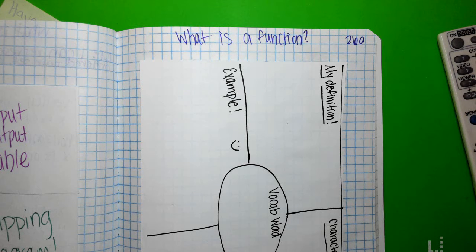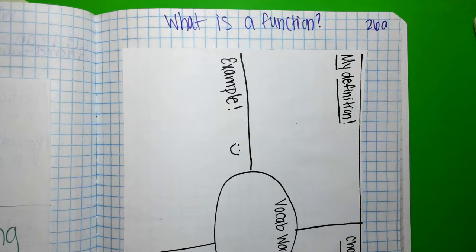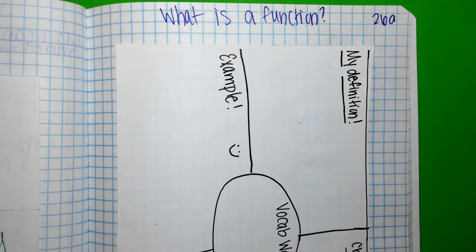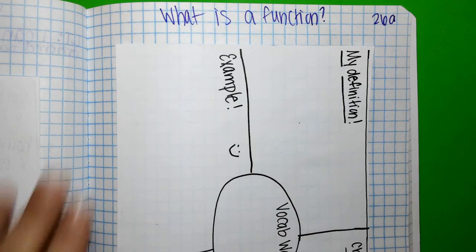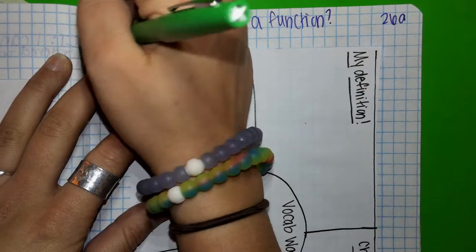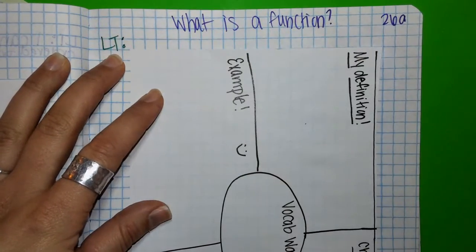They go together. Functions are a special type of relation. And we are going to determine today what makes them special and what the characteristics are. So our learning target for today, our goal at the end of the period,